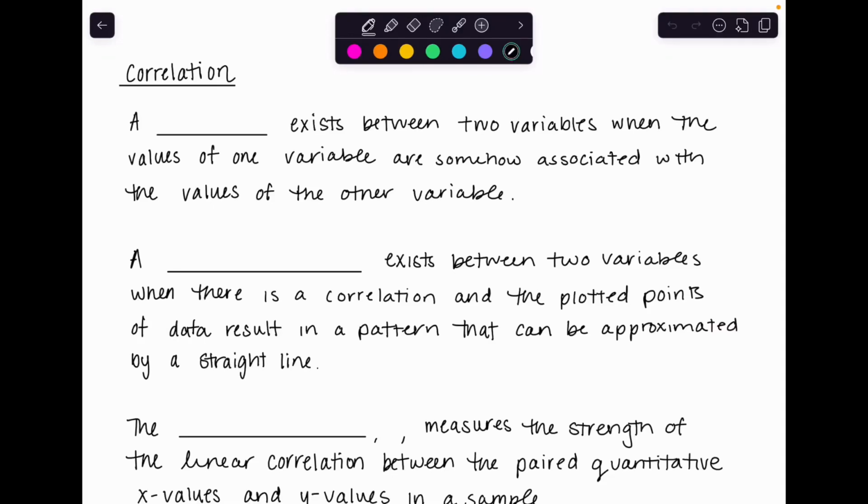So our next two topics go hand in hand, which is correlation and regression. So correlation is just going to be the start to see what we're doing. And then regression is going to be the next step you can take if there is a correlation between things. So we say a correlation exists